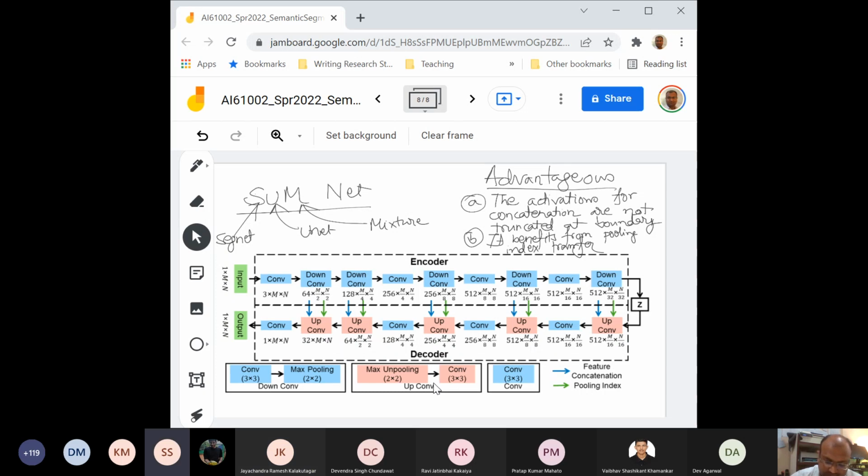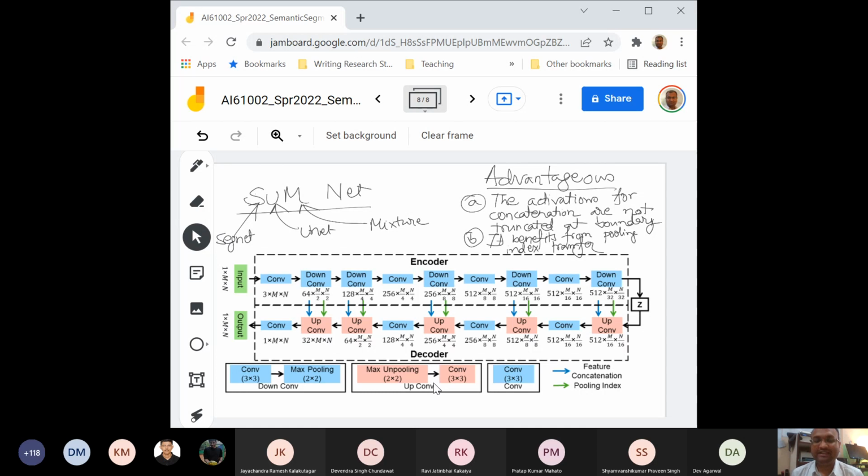Sir, can you again explain the first advantage that you have written? I'm not able to get it. So go through yesterday's lecture on UNet, where there is a concatenation which happens. Figure out where it is happening, then come back to this one and do it. You did not do yesterday's lecture. That's the reason you are asking me that question.